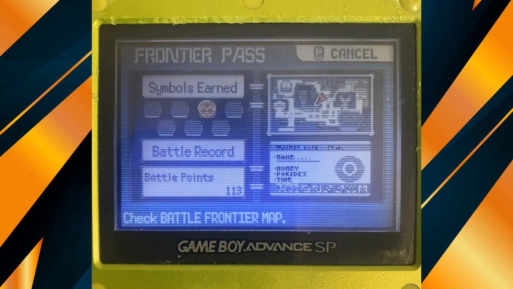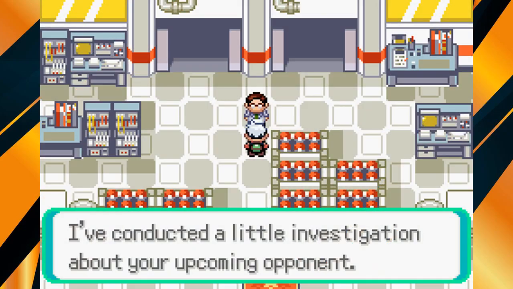What's up everybody? Recently, I got my gold symbol in Pokemon Emerald's Battle Factory. This facility was pretty tough, and I struggled quite a bit. So I thought I'd share some tips I picked up along the way so that hopefully you have an easier